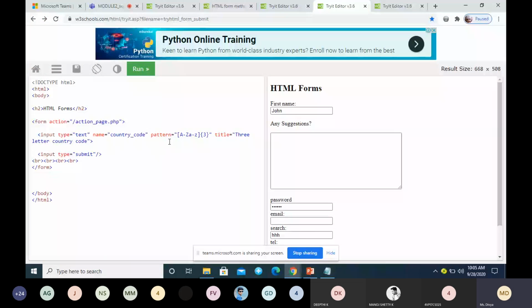In this attribute, we are telling, there is a text box where, what does this regular expression mean? Can anybody tell me what this regular expression means? How many characters can we have? Only 3 characters. It can be either capital or small case.